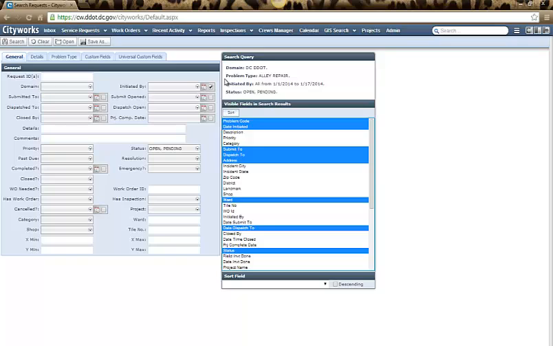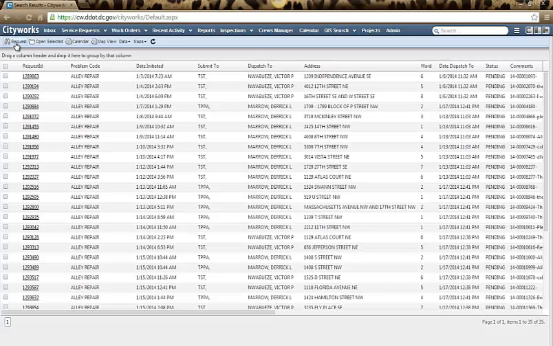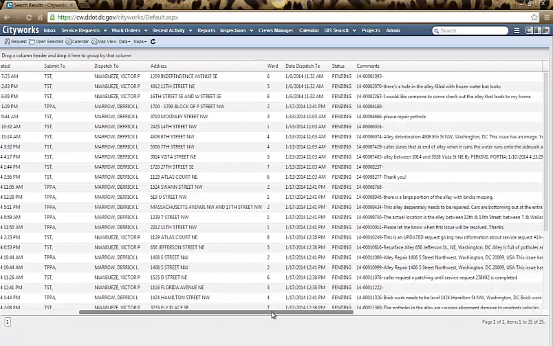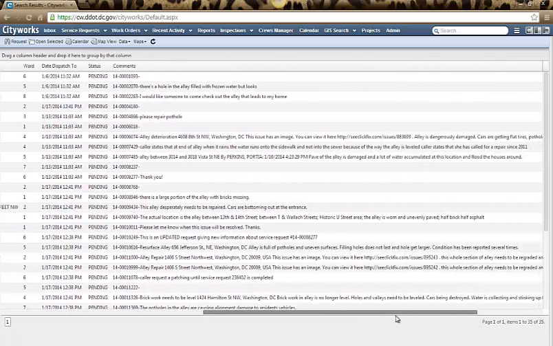For this search, we're looking for alley repairs that were initiated from January 1, 2014 to January 17, 2014, and that are currently open or pending. Now we're going to select Search. The number of open and pending service requests is indicated in the lower right-hand corner of the screen. You can scroll across to view comments,